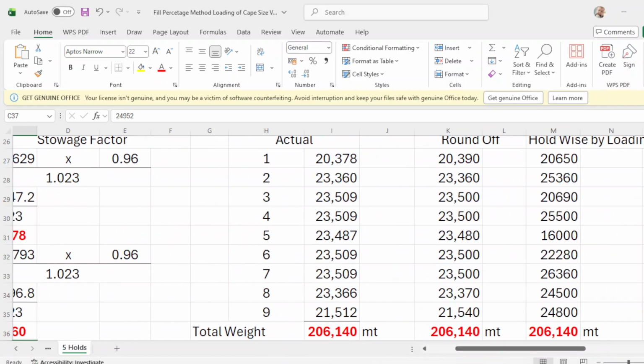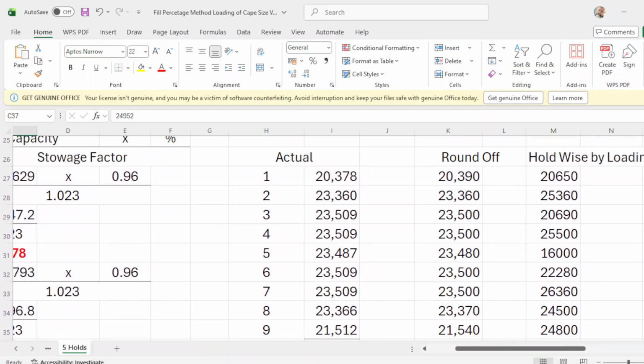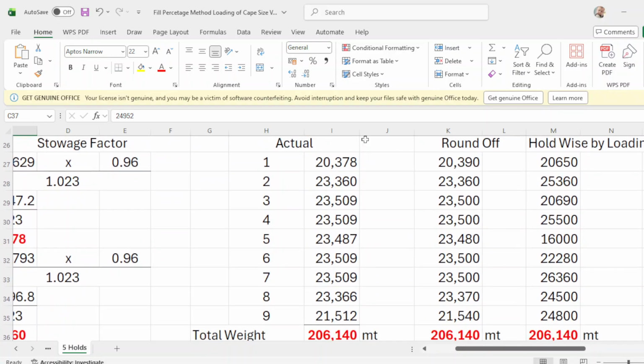So what we're going to do, this is not rounded up, so you round it up. From 20378, you make it 20390, and 23360, maintain this one. Then 23509, you make it 23500, the same with number 4. Number 5 is 23487, you make it 23480.